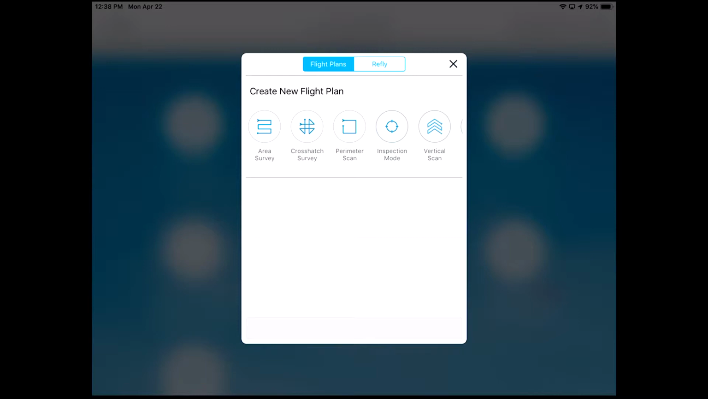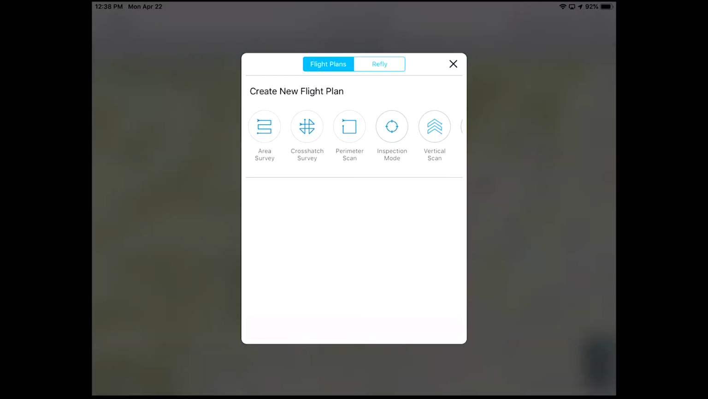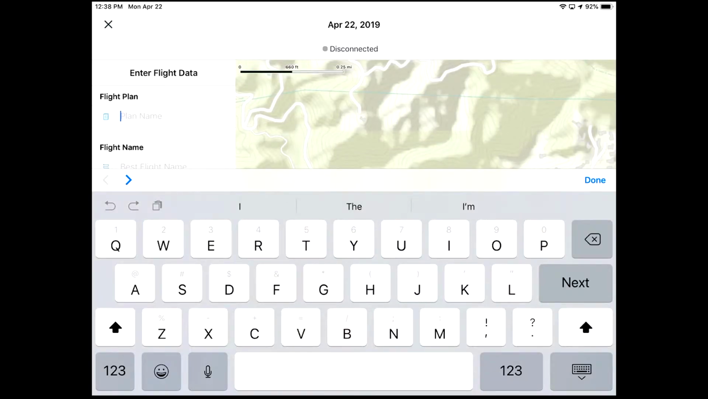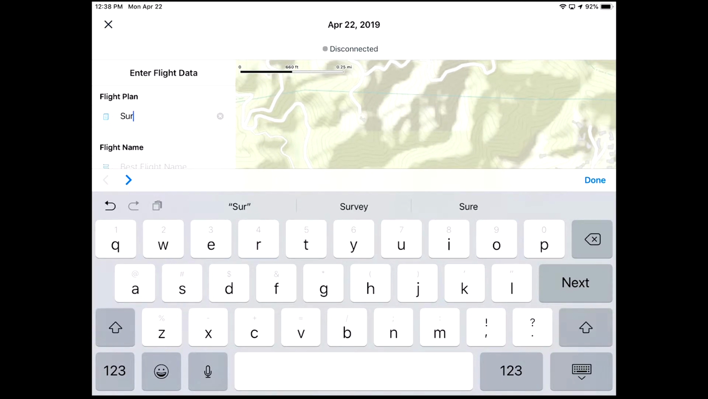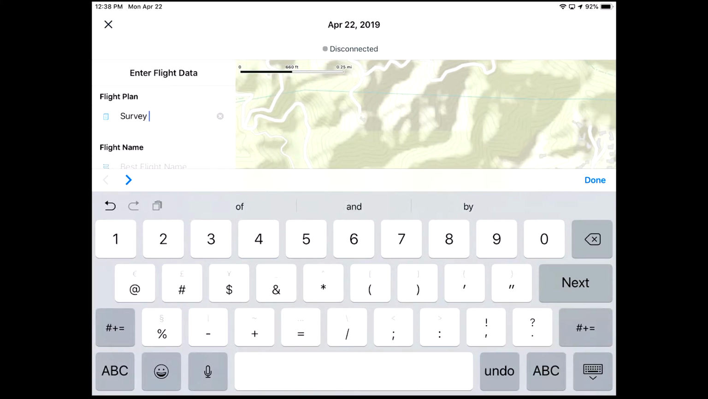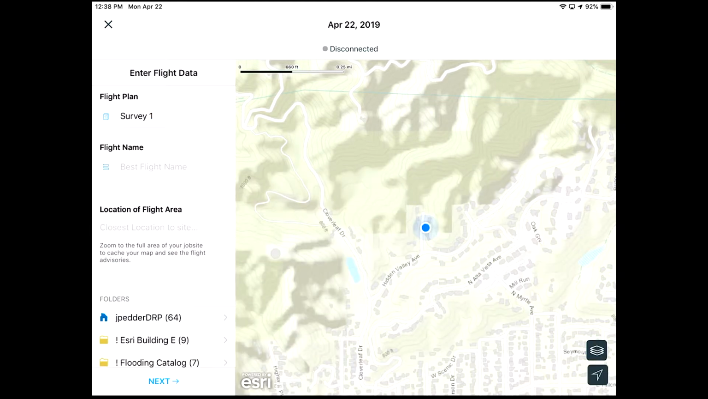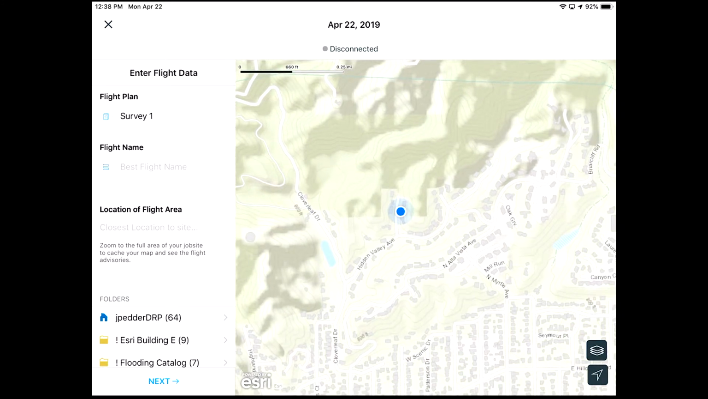Right. So from here, let's go ahead and just create an area survey. So the first thing is the plan name. Obviously, this is a quick name in here, but I suggest you do name things logically. On the map, you can see it's found my current location,